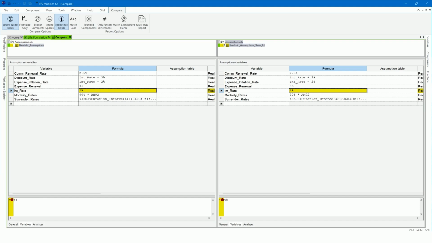Note the red circle in the formula pane on row 1 of both sides. If instead we had compared a variable with a long formula, say with several if conditions, then the red circle would be alongside all the rows that differ, drawing attention to the specific differences in the formula. Also, it is possible to copy code from one component in the Compare tab to the other component on the other side.